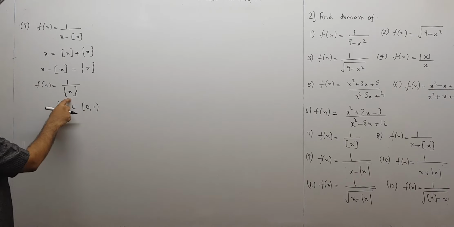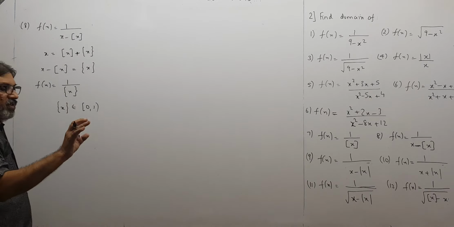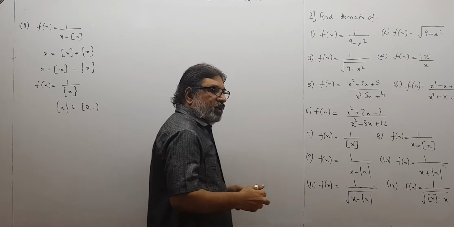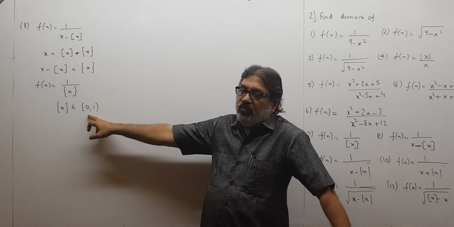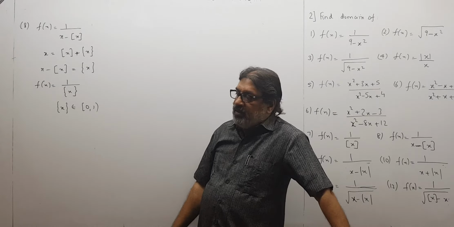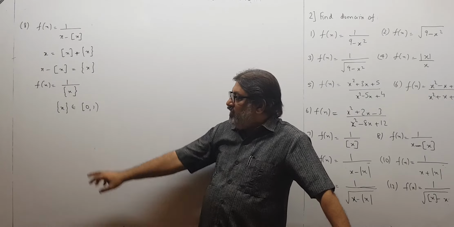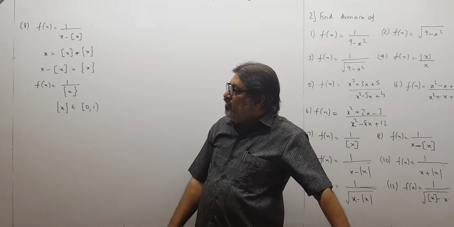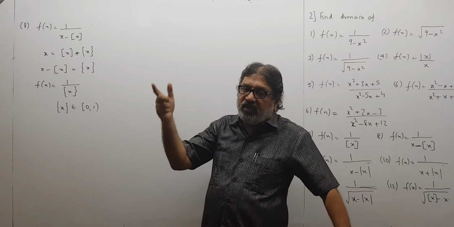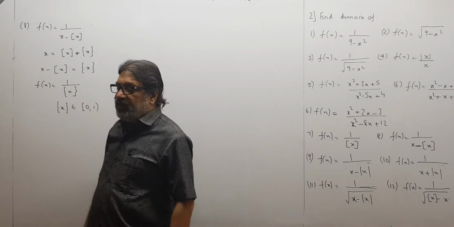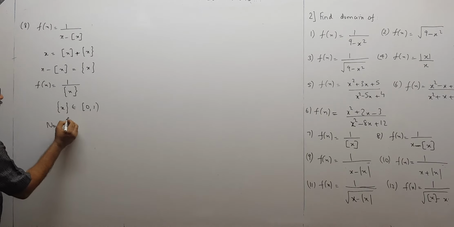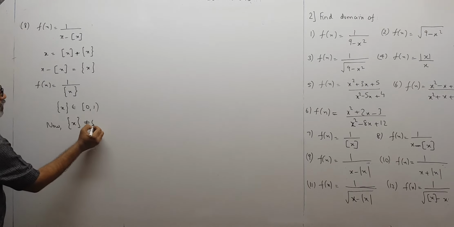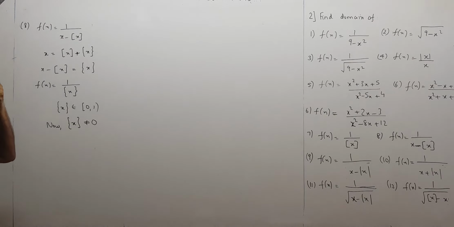And because fractional part of x is in the denominator, this number should not be 0, the rest it can be any number. Because 1 upon 0 will be troublesome for us, and I can see that fractional part of x can be 0 also and positive also. If it remains positive, there is no trouble, but if it is 0, then it is trouble for me. So because I know fractional part of x can be 0, I have to start thinking for what values of x fractional part of x will be 0. So I know that for the domain, fractional part of x should not be 0.